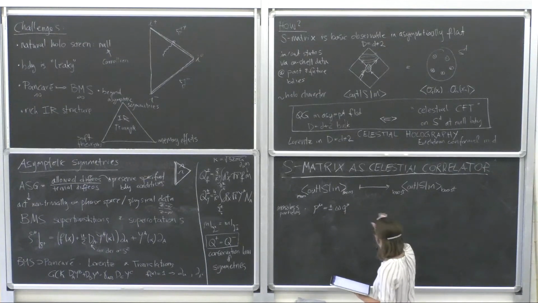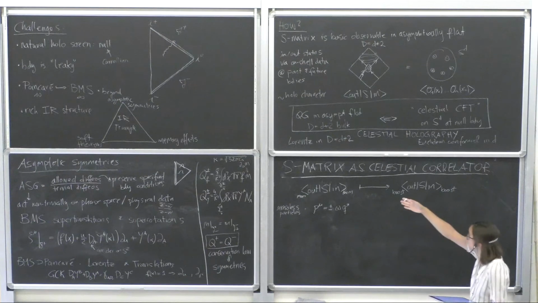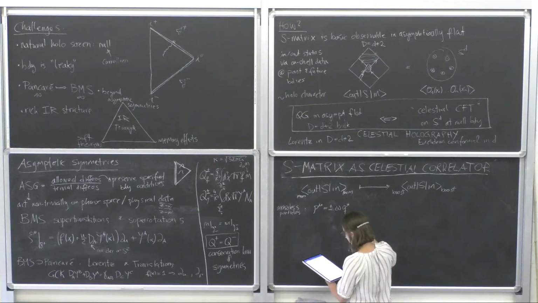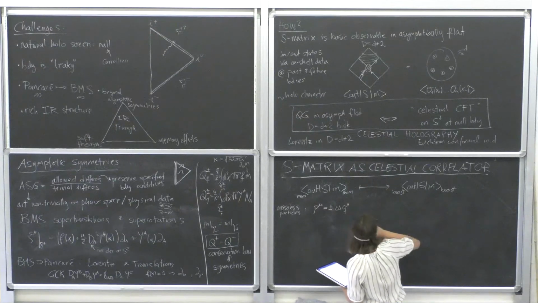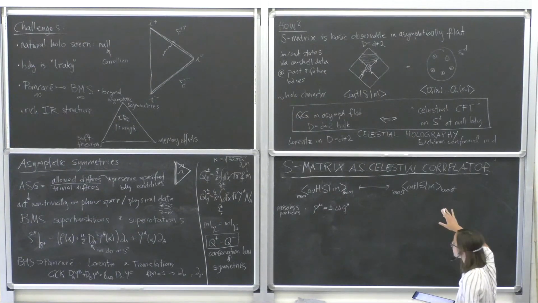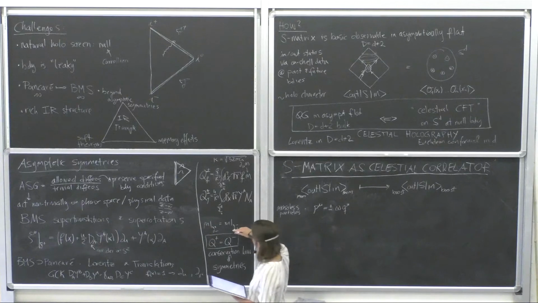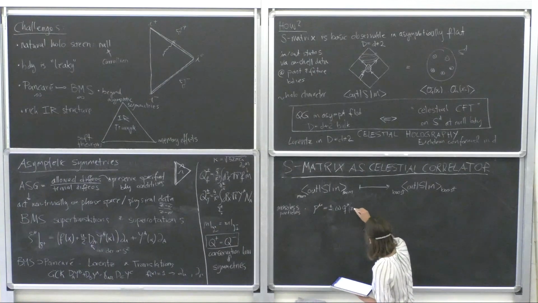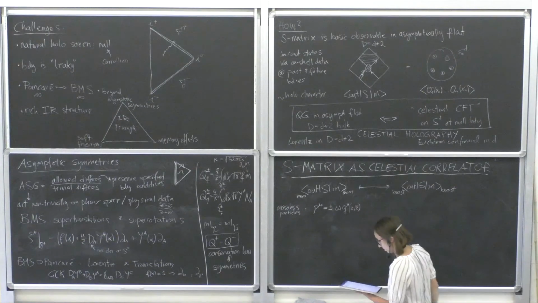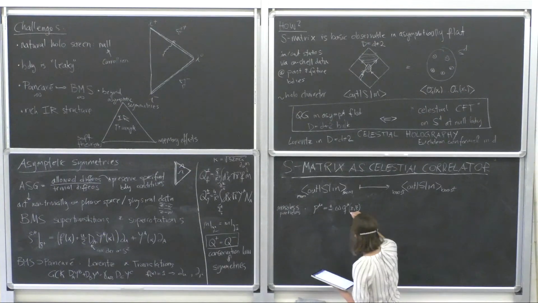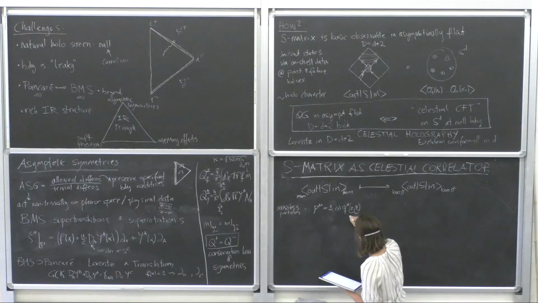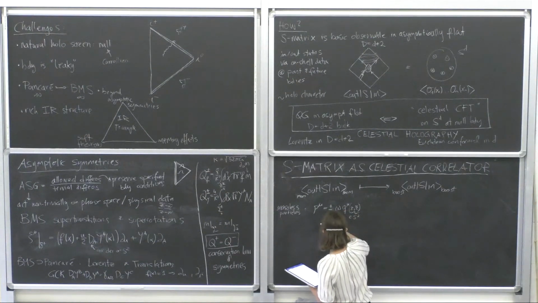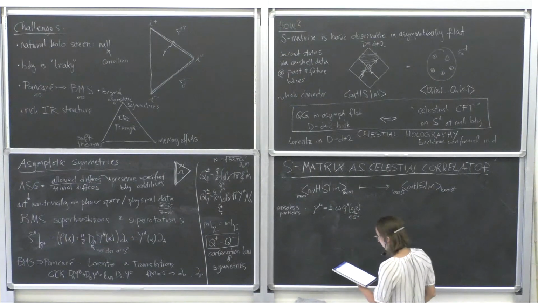And that null vector I will choose in such a way that it points towards the celestial sphere at the null boundary. And from now on, because it's very useful to do that, instead of using these coordinates x^a, which has two components, I will use complex coordinates z and z bar. So this is a point on the sphere. This is the energy. This is a sign for in versus out.